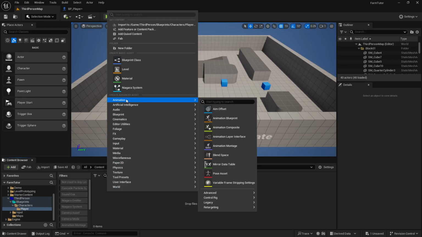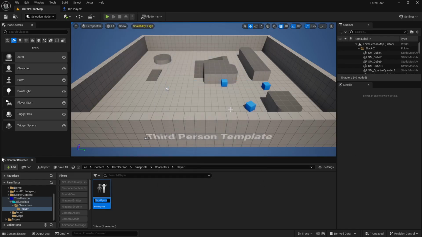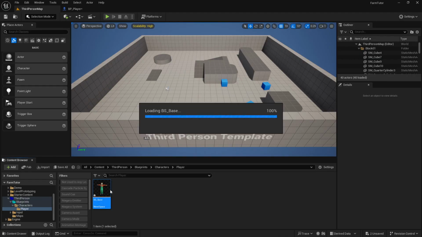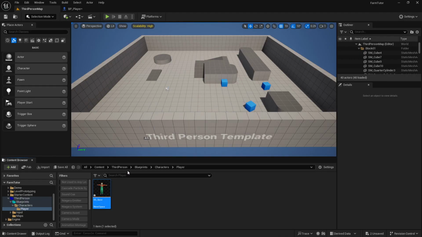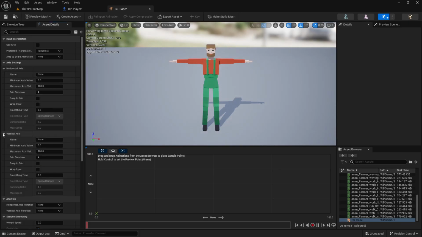So right click, animation, blend space, farmer skeleton, BS underscore. I'll just call it base, I guess, because this will be his base running around. Double click, open that up. And we'll set up the axis settings over here on the left in the asset details. The horizontal axis is our direction we're moving, which we won't actually use in this one, I don't believe, because